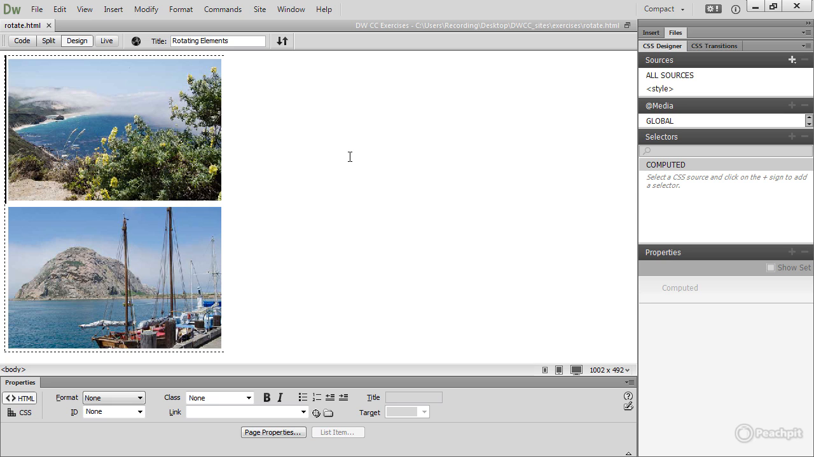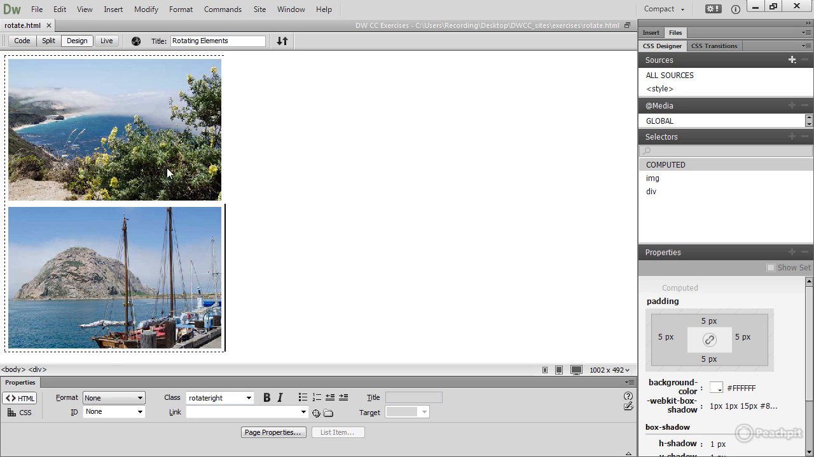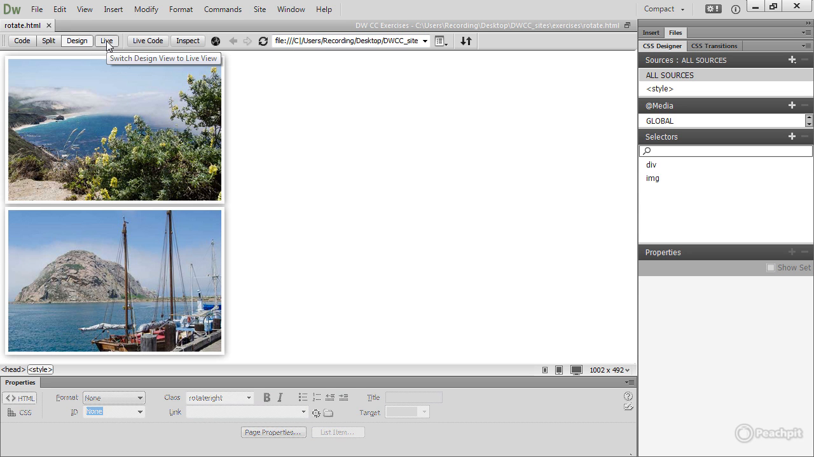I've already embedded some style rules in the head of the page, and I've assigned the class of rotate left to the top image, and the bottom image has the class of rotate right. I'm going to work in live view, so I'll turn on the live button. You can see that I've already added some padding to the images and a box shadow. And I'm going to use the transform property to rotate them in opposite directions to give them a more scattered look. I'll continue creating the styles in the head of the page, so I'll select Style in the Sources pane,